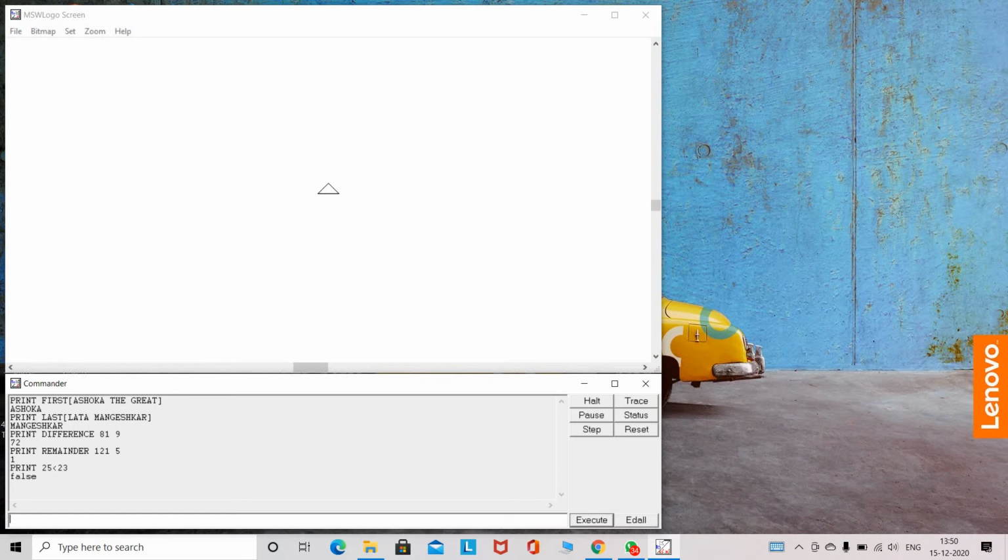Now third is the lab session. In that lab session, first I clear the screen and clear the text. Next one, in a class of 40 students, 5 students went for the quiz competition and 14 went for the excursion arranged by the class teacher. Find out how many students were not in the class.